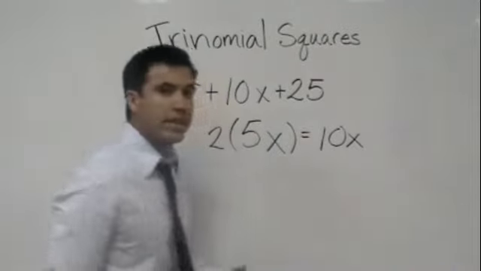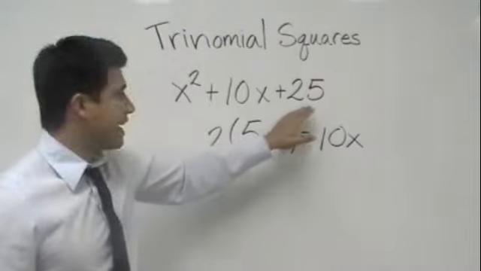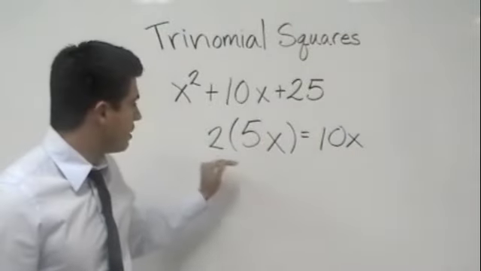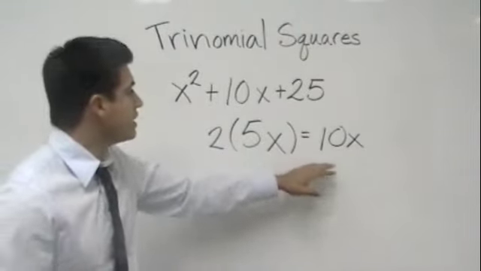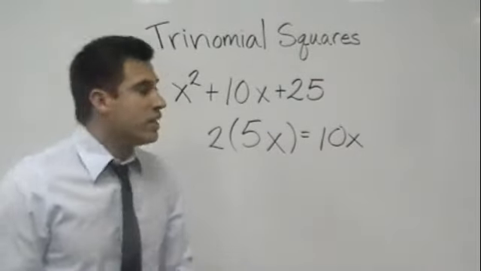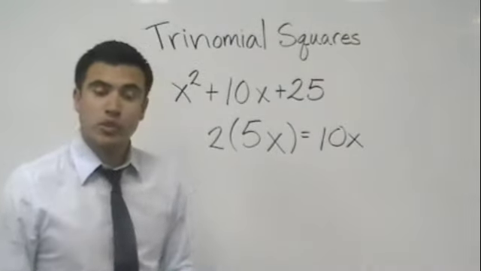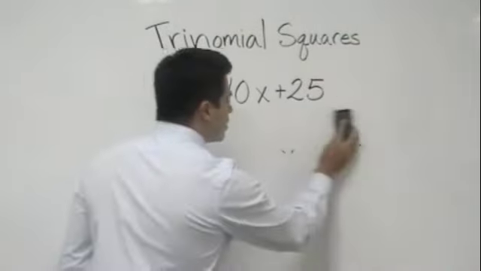Now, why did we go through all that trouble? Well, because if we take the square root of this and this, multiply it, and then multiply it by 2, if it gives us the number that's in the middle, then we know that it's a trinomial square. You don't always have to go through those steps, but that's what you have to see to make it a trinomial square. So then what would our answer be?